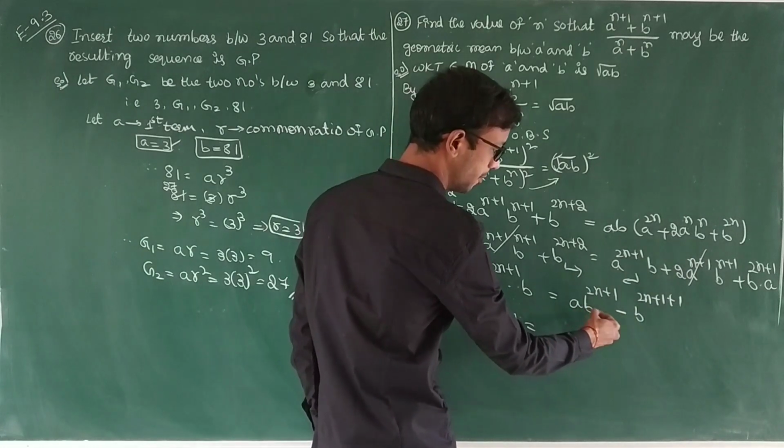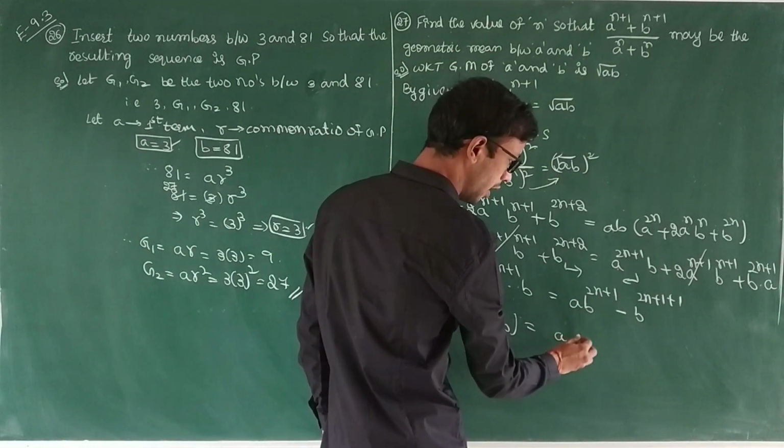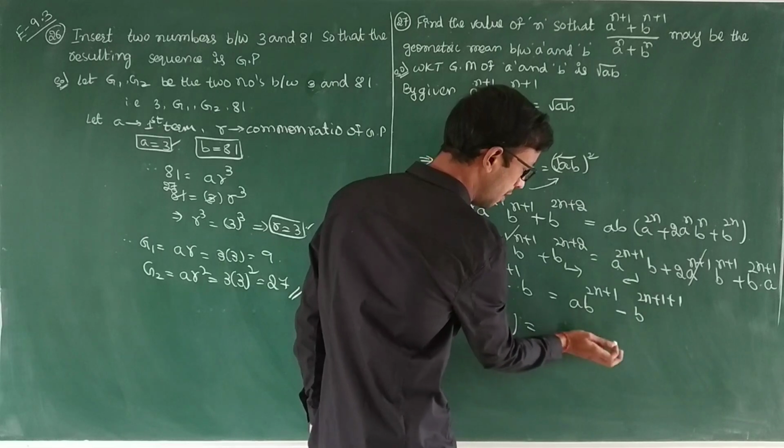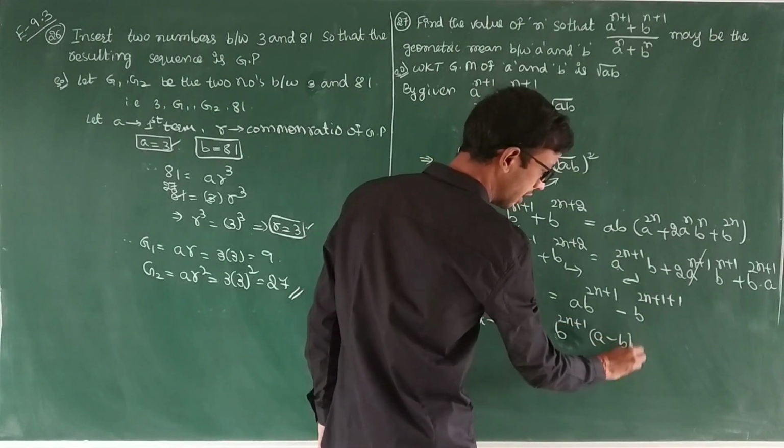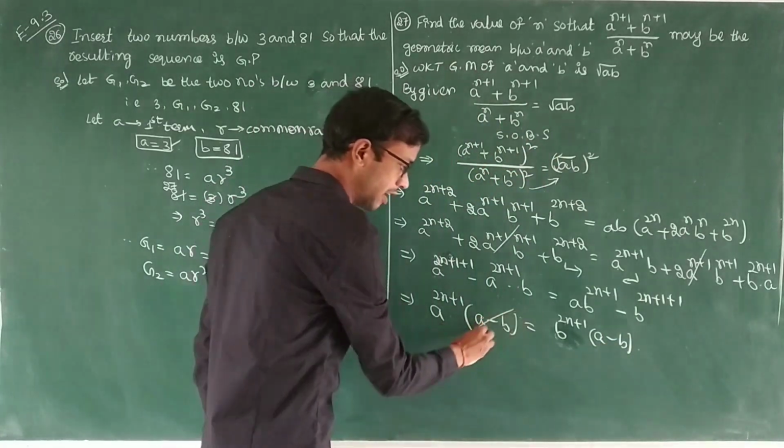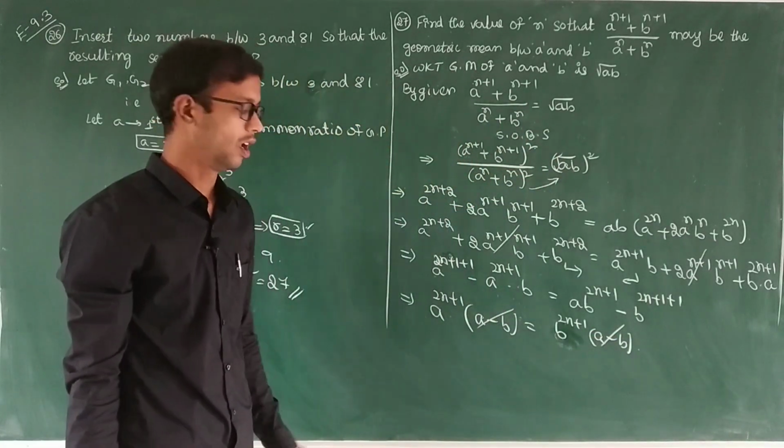Here how much will you get? a^(2n+1) minus b^(2n+1): take common, (a minus b) you will get. Here a minus b gets cancelled. Next step,